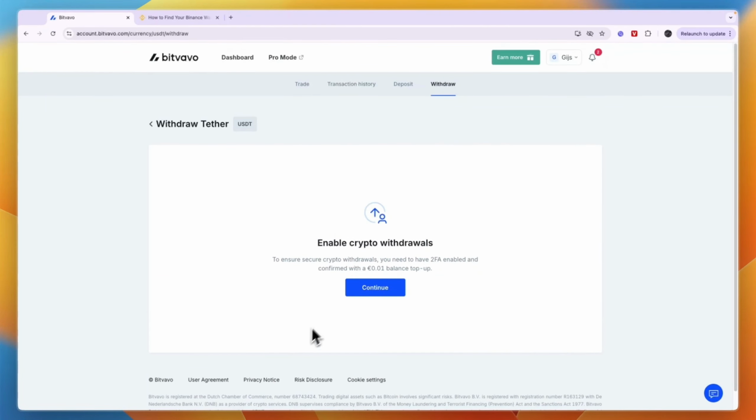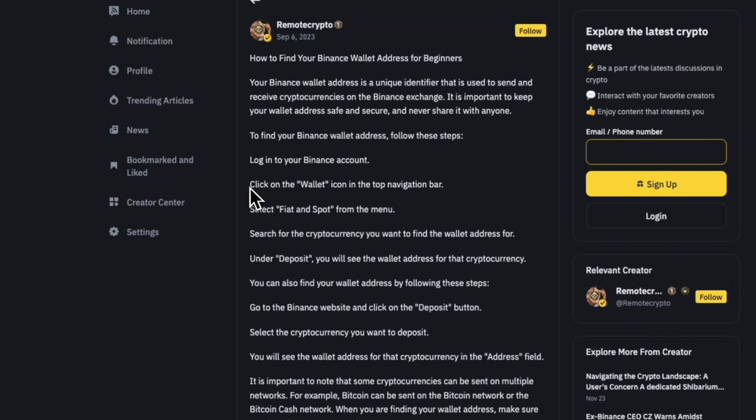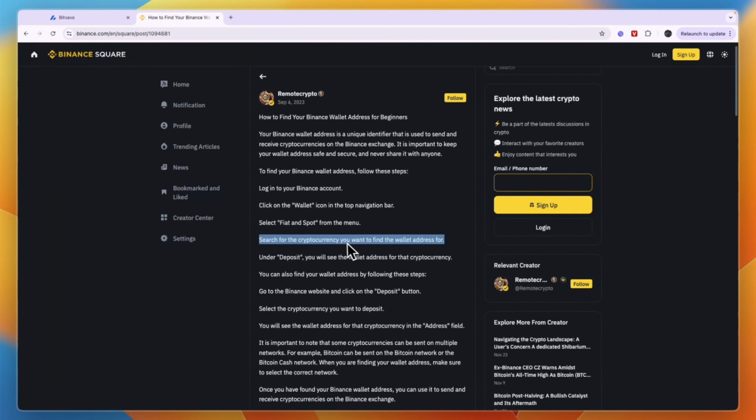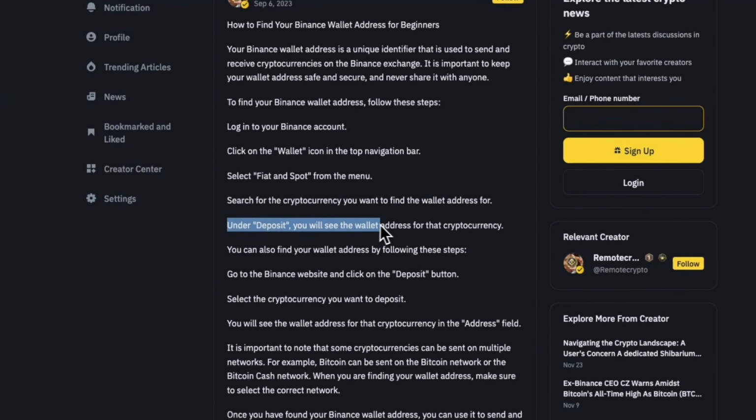Now after doing that, then in this section you are going to find a wallet address section where you need to paste in your Binance USDT wallet address. So to find this, just go to Binance and then you will need to click on the wallet icon in the top navigation bar, then select fiat and spot from the menu, then search for the cryptocurrency you want to find the wallet address for, so in this case USDT, and then under deposit you will see the wallet address